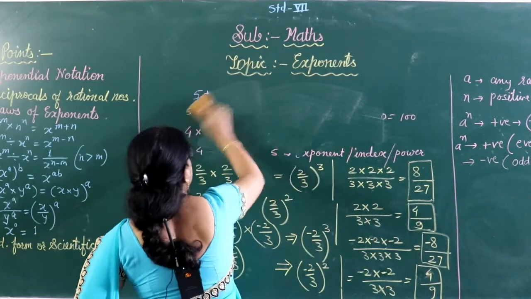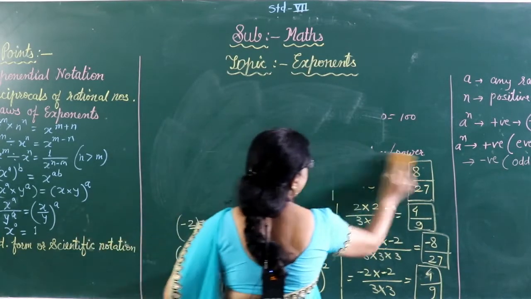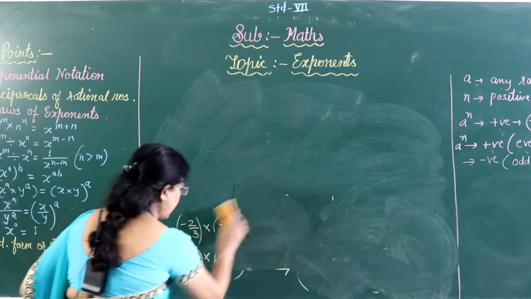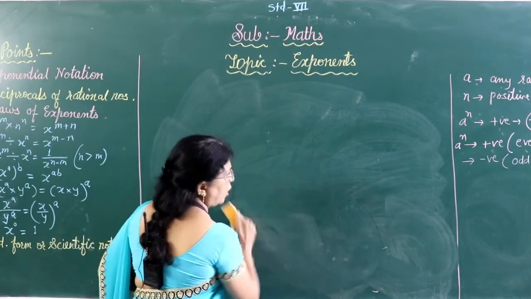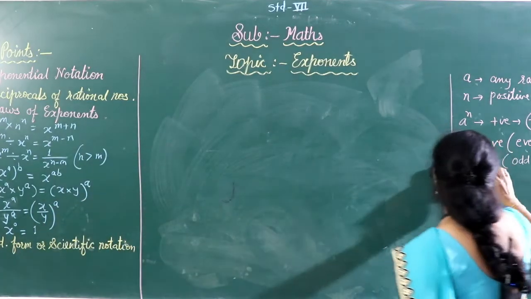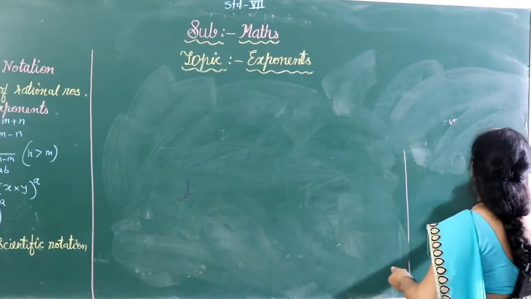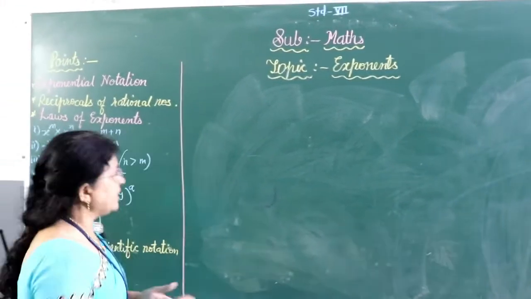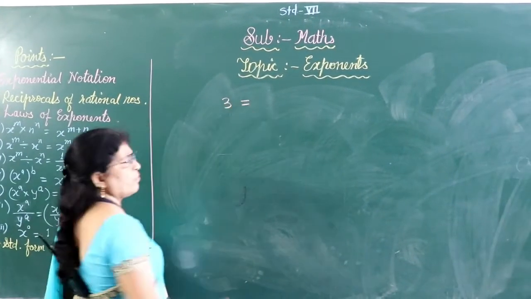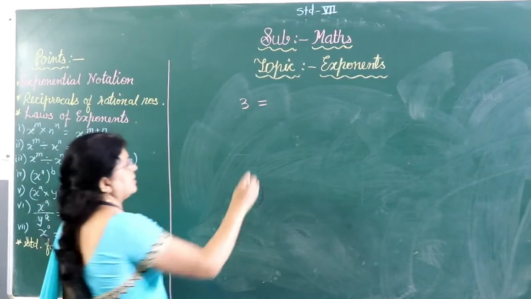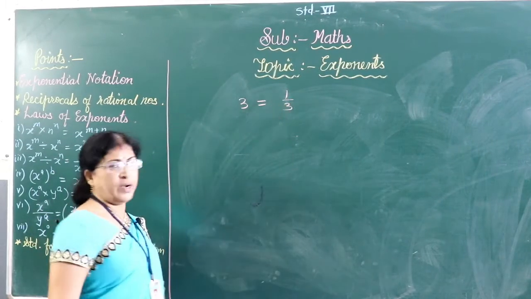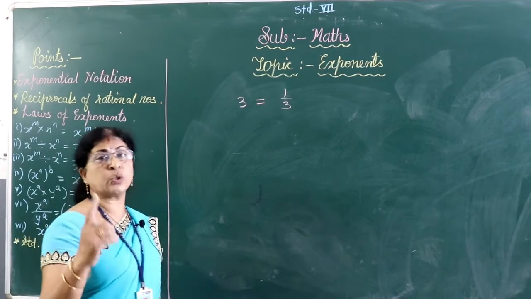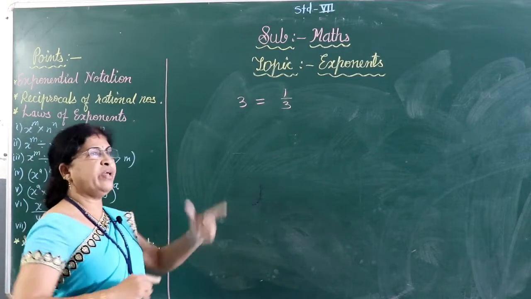Now, in the last topic, before this, we have learned about reciprocal. All of you are aware of reciprocal. What is reciprocal, also called multiplicative inverse? Reciprocal and multiplicative inverse are the same thing. Now, if I ask you, what is the reciprocal of 3? You will answer that the reciprocal of 3 is 1 by 3. It means when you multiply two numbers and the result is 1, then we call them reciprocals.